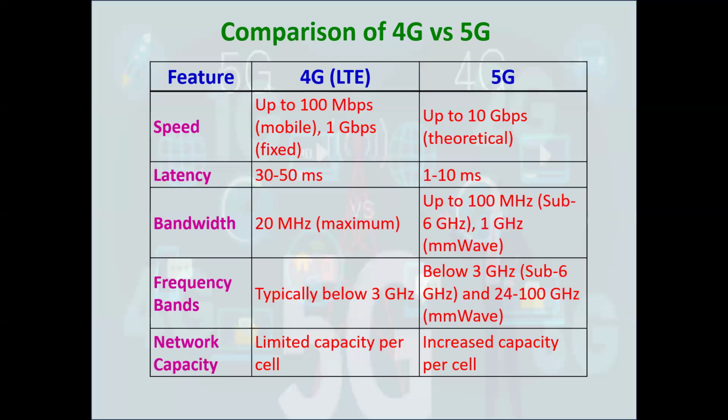First, the feature is the speed. The maximum speed of 4G network, if you are looking into the 4G, that we can call it as long-term evolution, typically reaches up to 100 megabits per second for downloads, and 1 gigabits per second for uploads under ideal conditions. This level of performance supports high definition video streaming and fast web browsing, but can be limiting for more data